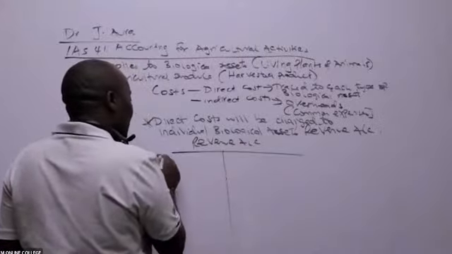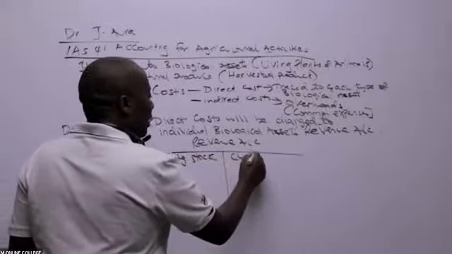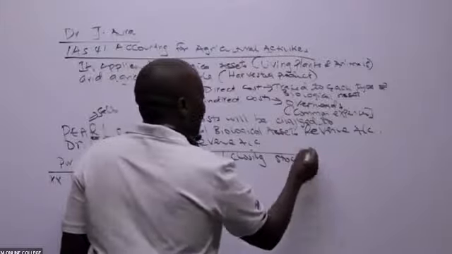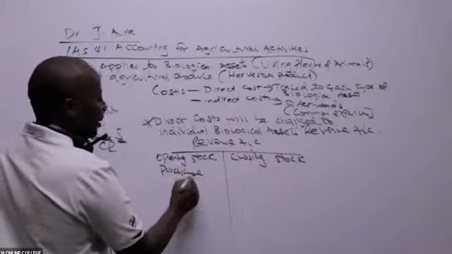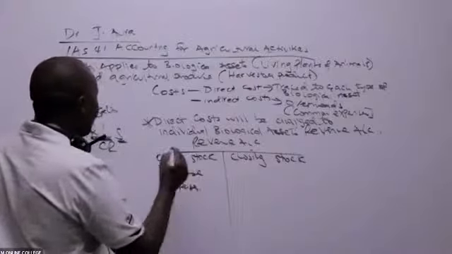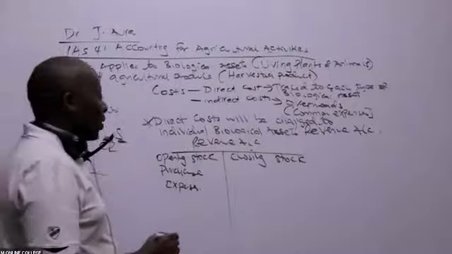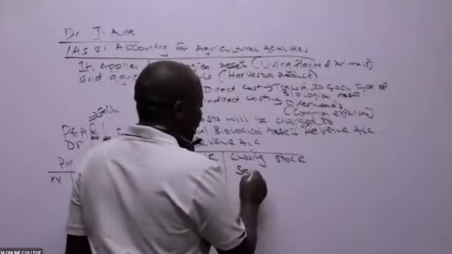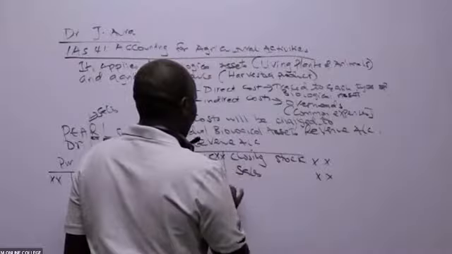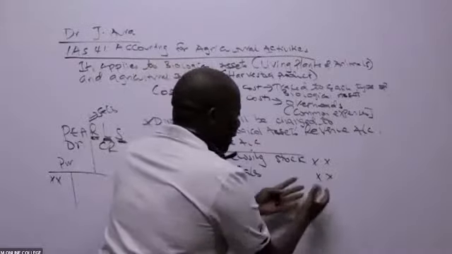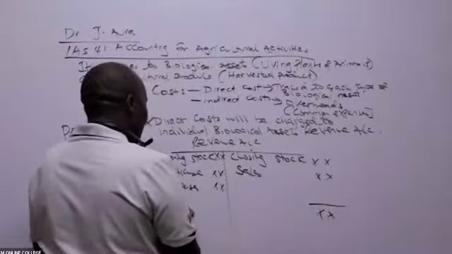Always I must start with opening stock or inventory, so opening stock, closing stock. And then I come here. You can see purchases, the expenses. So purchases, I'm debiting. Expenses, I'm debiting. I don't bring any asset here. So I have revenue. What am I doing to revenue? Revenue, we normally call it sales. And if this side is bigger when you are balancing, it means automatically that you have a balancing figure here, which will be profit.